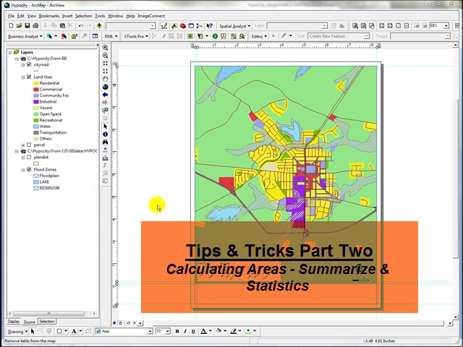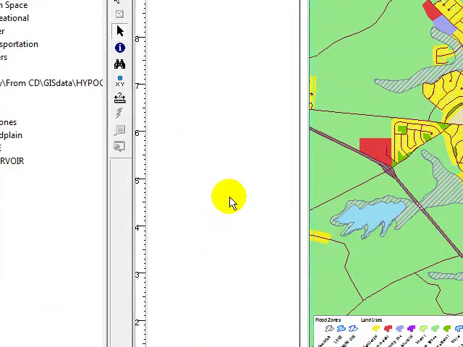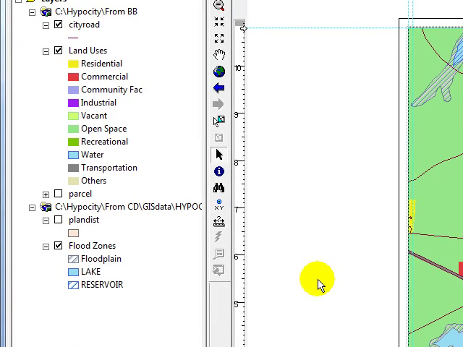In some cases, you're actually required to calculate areas by land use, or by zoning, or by planning district, or something else. So I'm going to show you a couple of different ways to get this done, calculating areas quite easily. Okay, one of the methods is